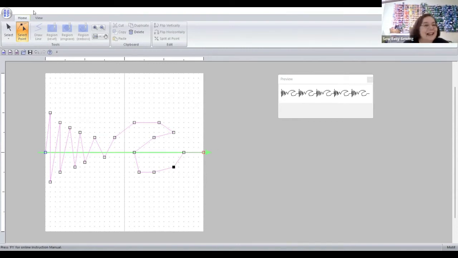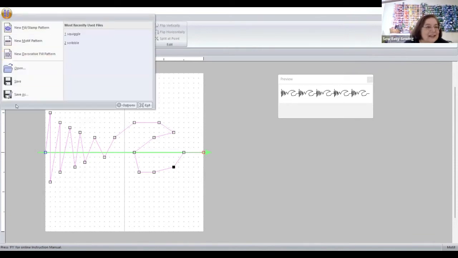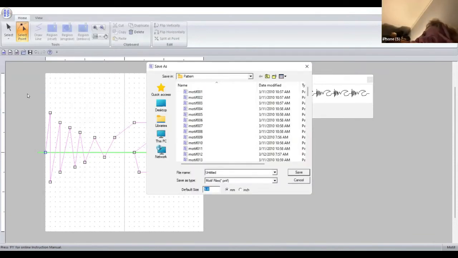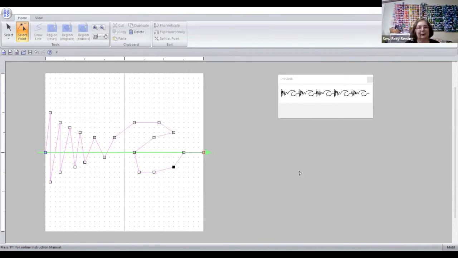Okay. And then again, I would save as, and this time it's going to save it as a PMF file. And I will call this one, I don't know, what do we call this one? ZZ Blob. Okay, that's the name of that one. I'm saving that one. Again, I would save that to a USB stick to take it over to the machine and have it as a line property. But in the meantime, I'm going to go back to